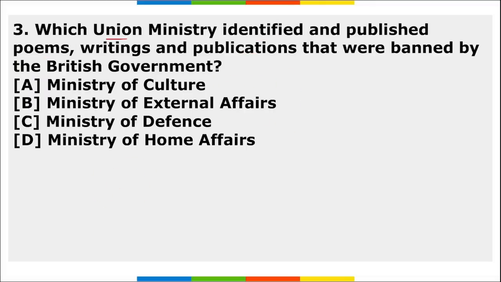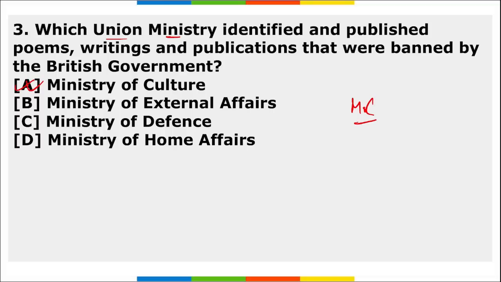Third question, which union ministry identified and published poems, writings and publications that were banned by the British government? Which is the responsible ministry? It is your Ministry of Culture. That is your Ministry of Culture has recently identified and published poems, writings and publications that were banned by the British government. Highly important. Alright, this Ministry of Culture, that is a nodal ministry for a 75-week long Amrit Mahotsav